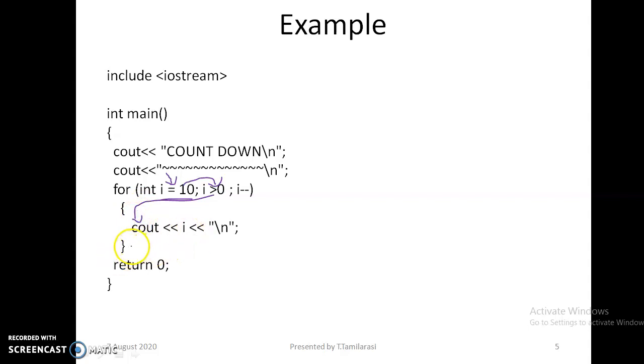After reaching the closing braces, it goes back and decrements our counter variable. Already it's 10, and 10 minus 1 is equal to 9. Then we check the condition. 9 is greater than 0, the condition is true. Likewise, finally, we can